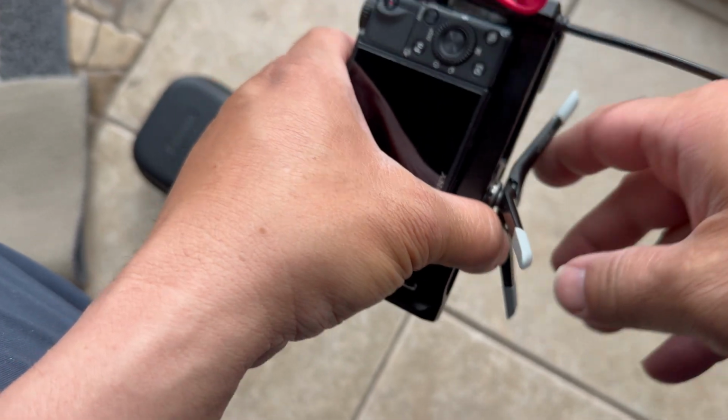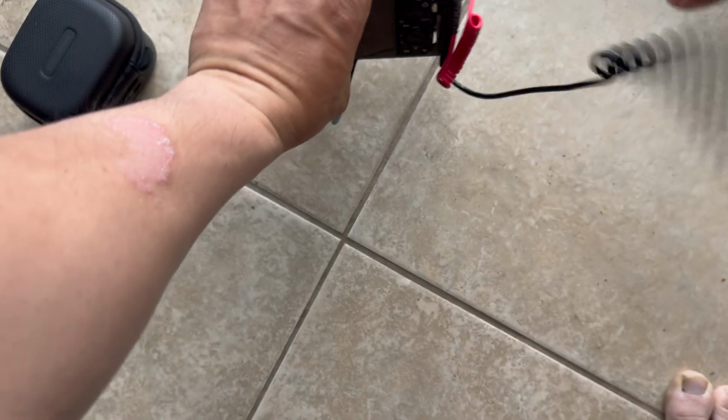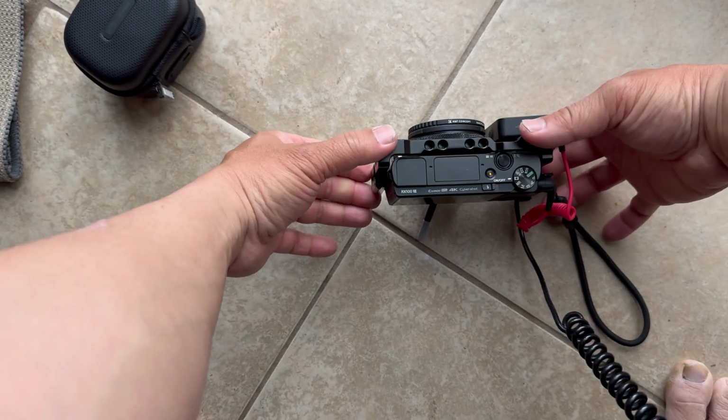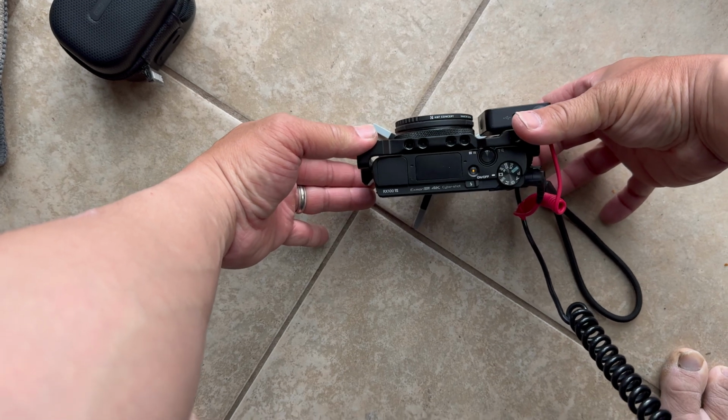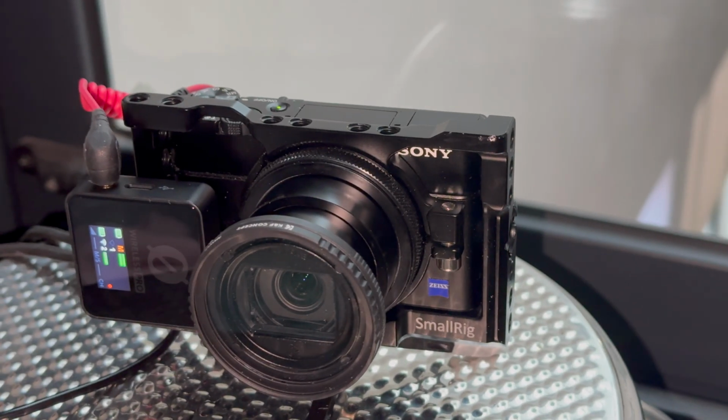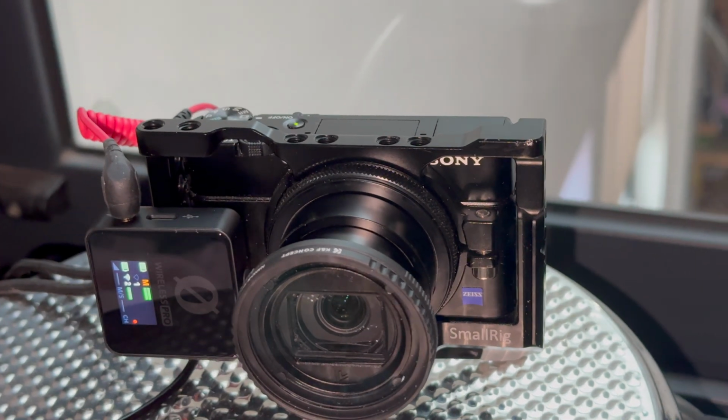And this thing is just so tiny, but it lets me set the camera anywhere I need to, just lay it close to the ground or on a stool. It's just so handy to have this thing, and it's on the camera all the time. And now I have a camera that has a tripod, that has a Rode mic system, that has a filter mounted onto it,